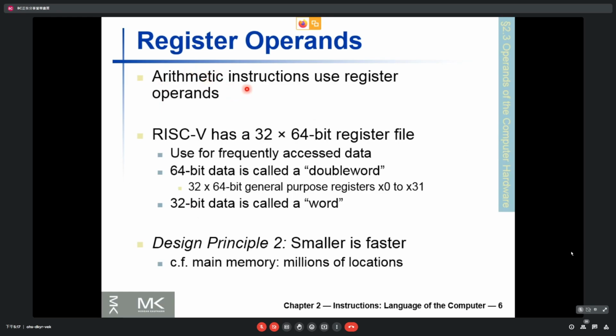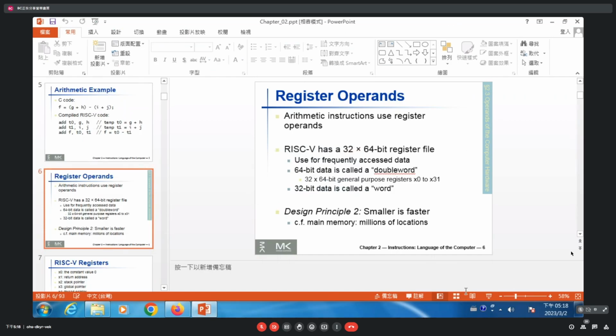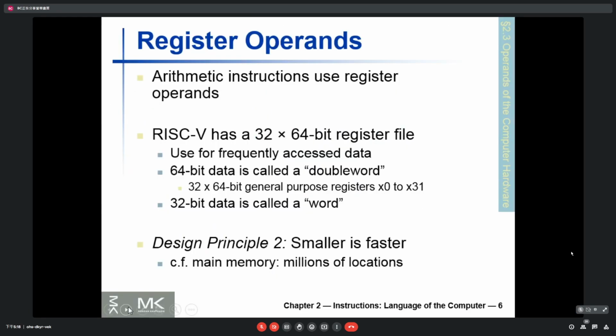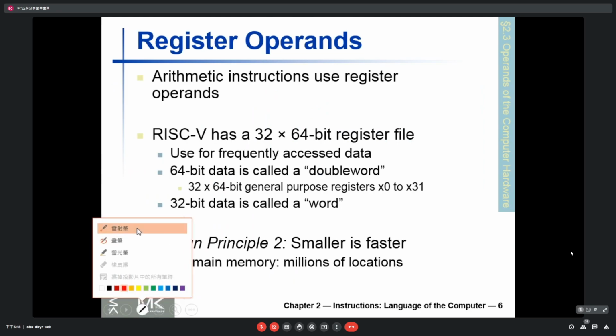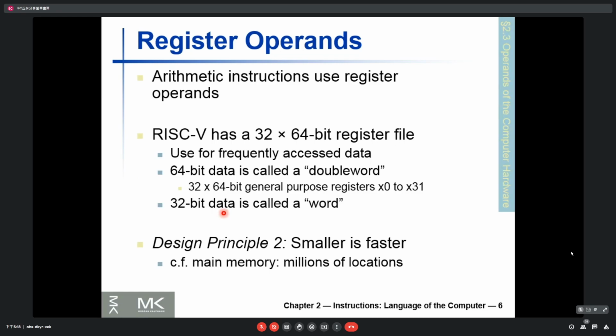Usually for arithmetic instructions, we use register operands. 我看不到时间了，所以下课就让我知道一下。38块。好，我们讲完这两个页段。